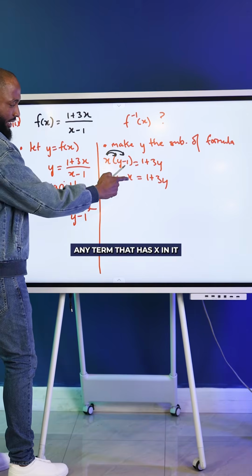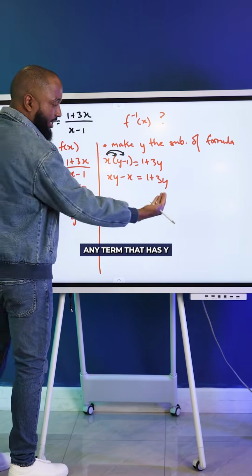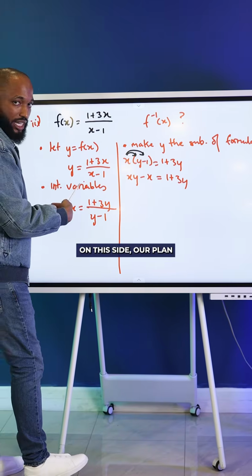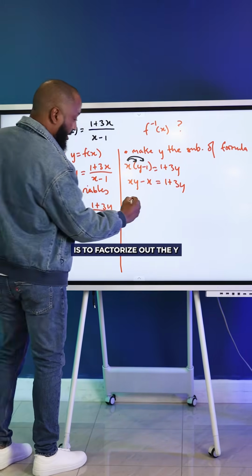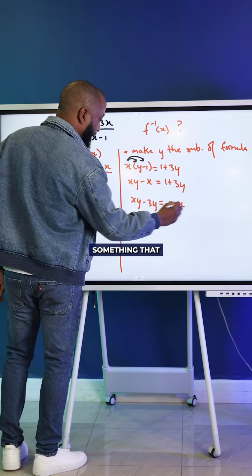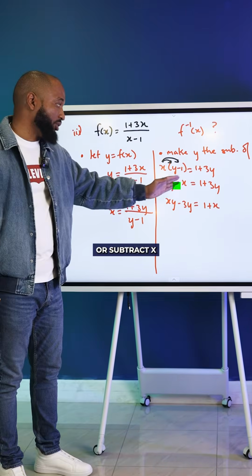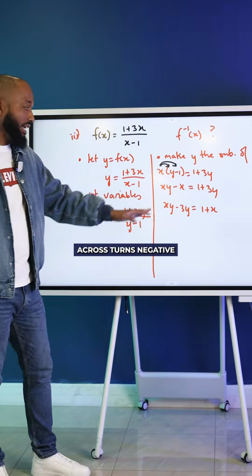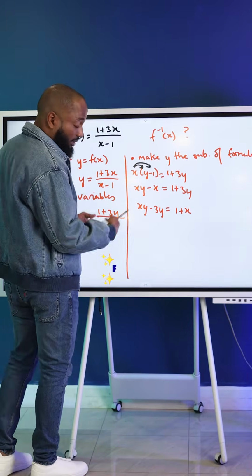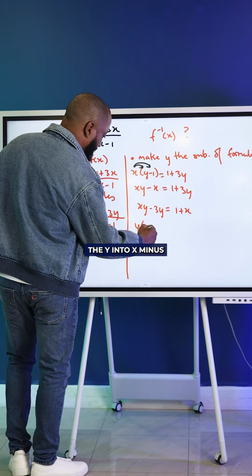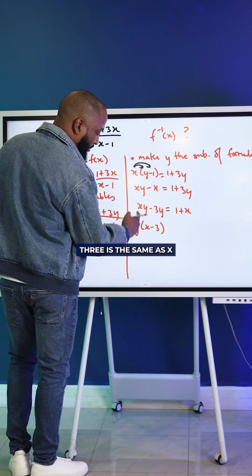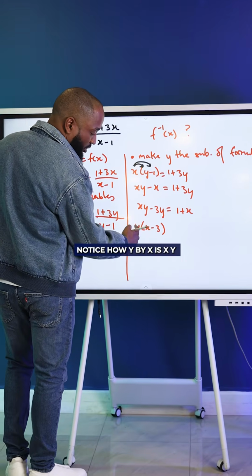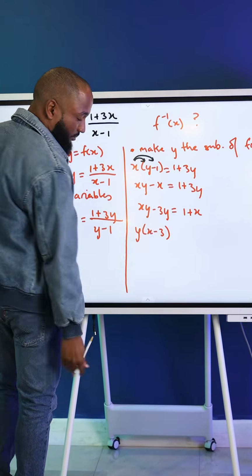Any term that has x in it can safely go across on that side. Any term that has y in it, we want it on this side. Our plan is to factorize all the y. So now we have something that looks like this. This is negative or subtract x, so when it comes across it turns positive. Plus 3y when it comes across turns negative. We are now free to factorize out the y. So y into x minus 3 is the same as xy minus 3y. Notice how y by x is xy, y by negative